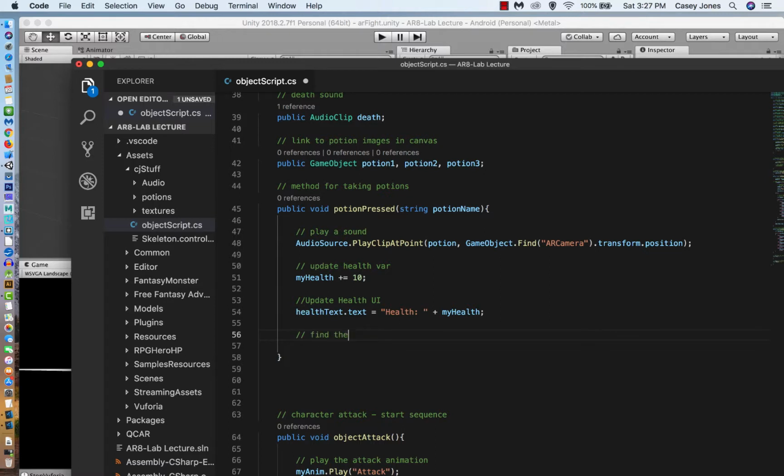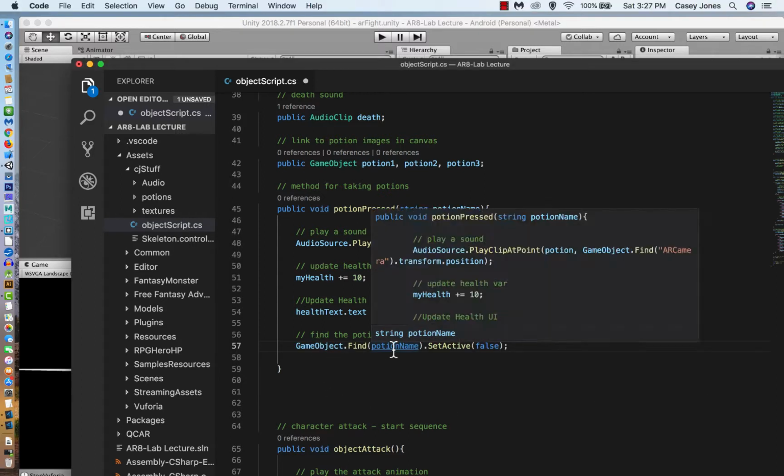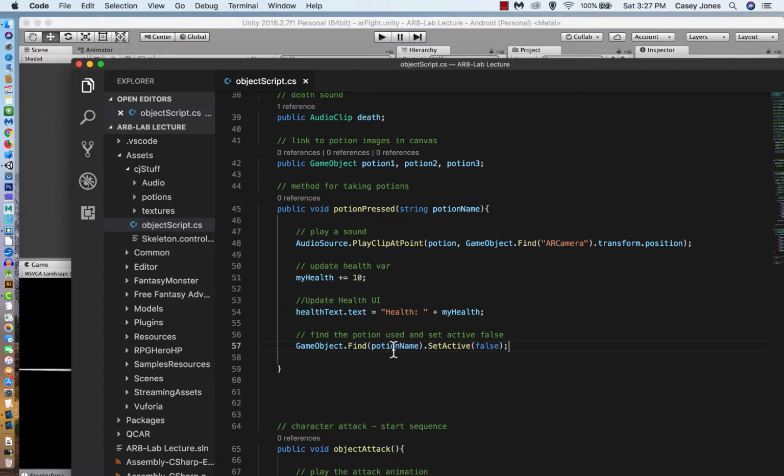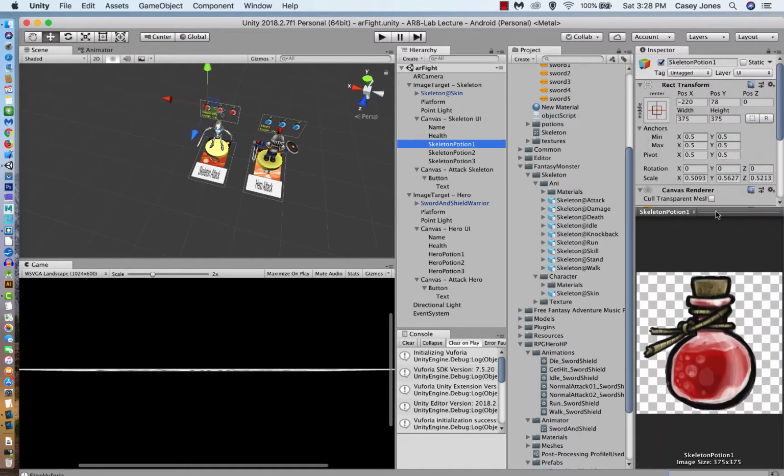And then find the potion taken. Set active false so it no longer appears on the screen. So I'm going to save that, and then for each of the potions themselves,